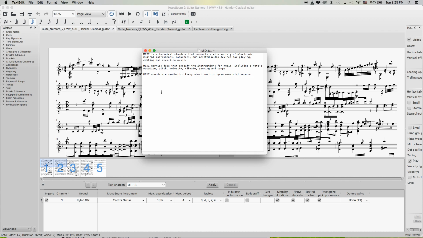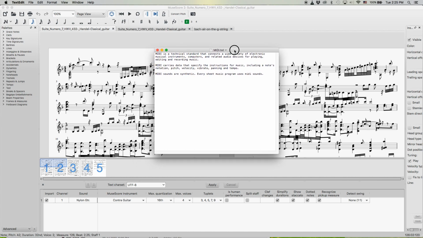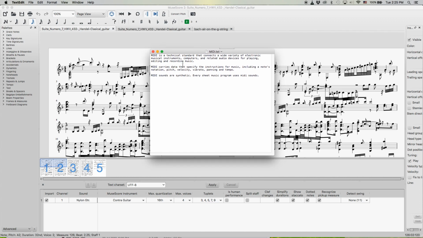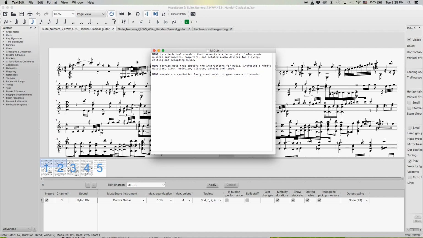And that's the important part for us, because we are musicians and we are working with the MIDI, which is a transfer format, an exchange format, and all this data is inside the MIDI. MIDI sounds are synthetic. That means it's not a recorded sound, it's created synthetically. Every sheet music program uses MIDI sounds. That's what happens. So it already explains a lot,